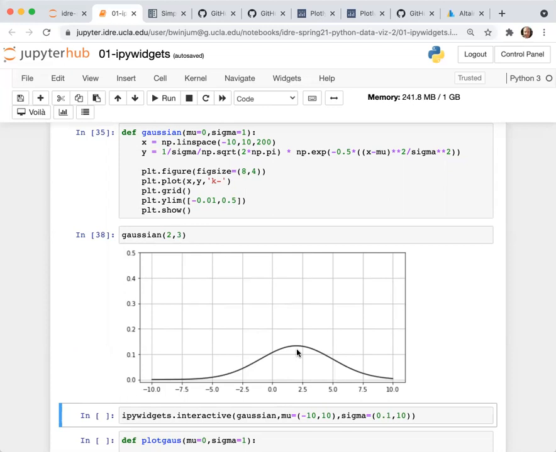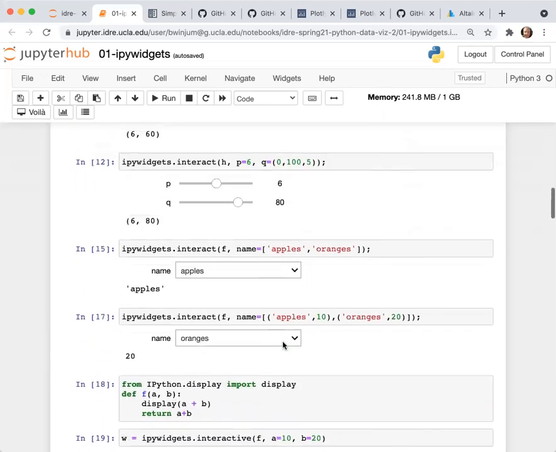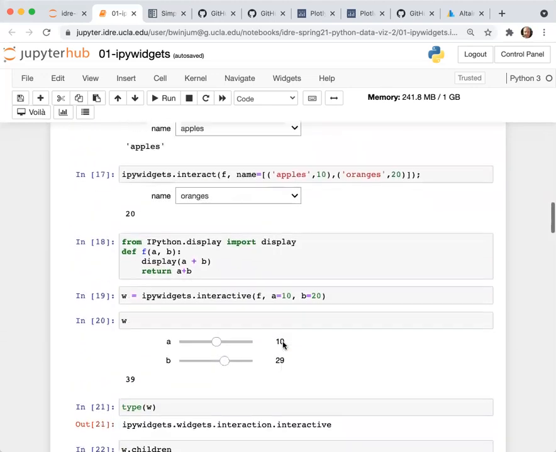There's a question: is there any way to set interact so you can input the X instead of using a slider, kind of like what you did with the reverse string function? Yes.